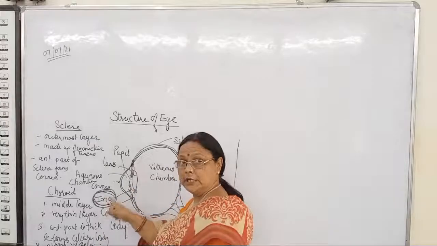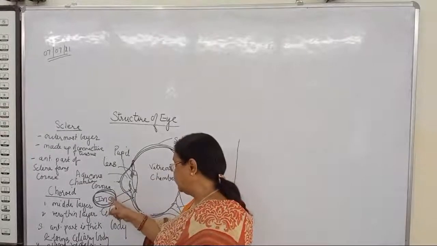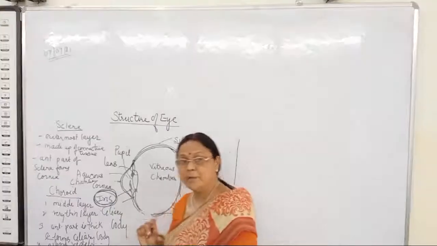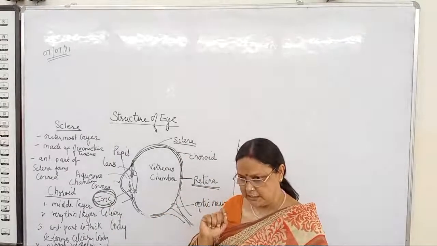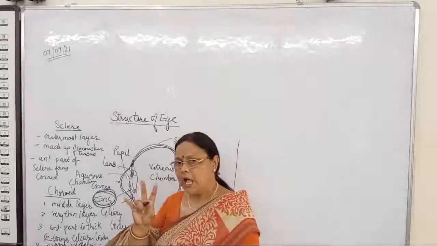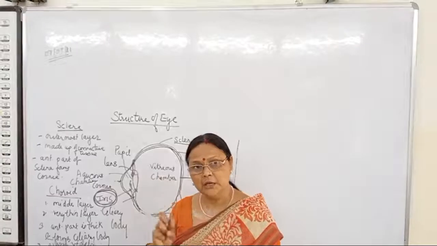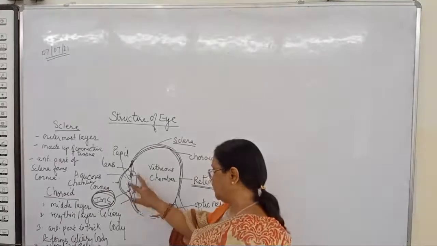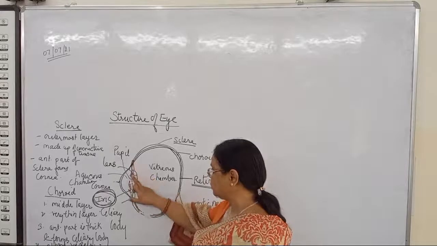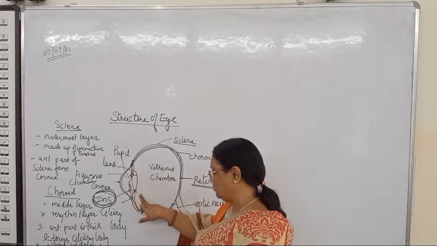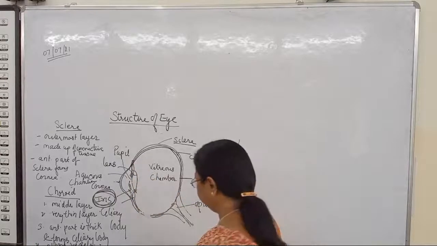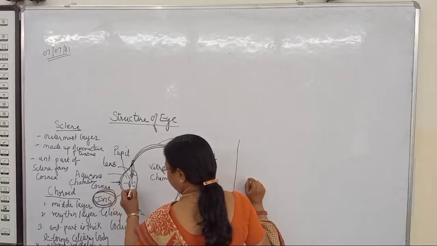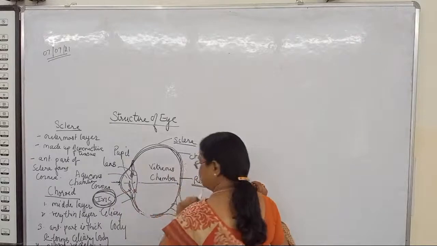Eye color is because of this. In the center you have the pupil through which the light enters, and the diameter of this can be changed accordingly. This is because of the ligaments present here. This is the lens. So light passes through the cornea, through the lens, and it reaches the